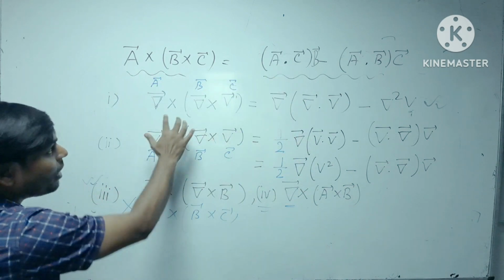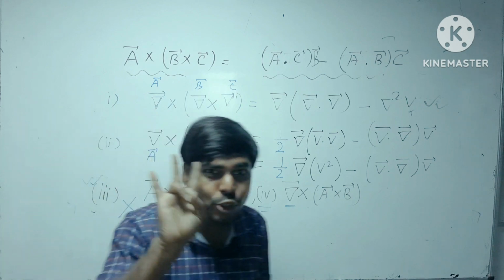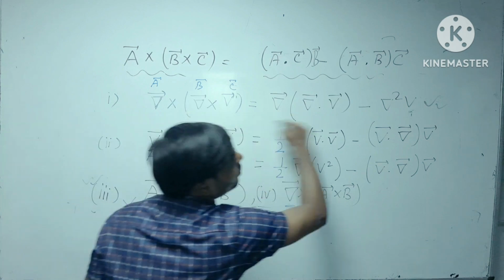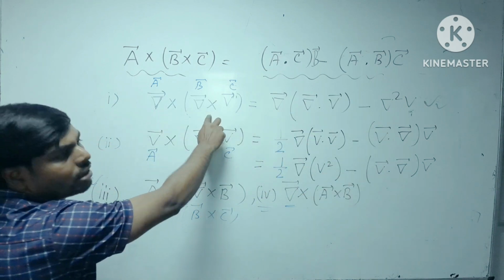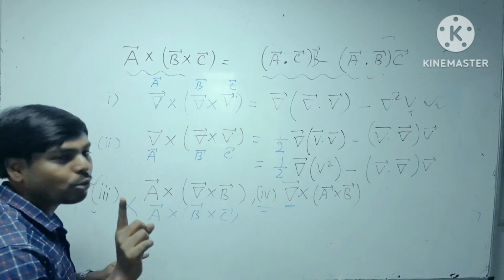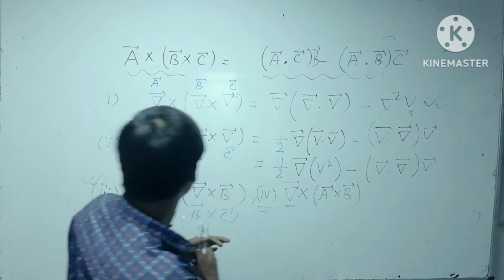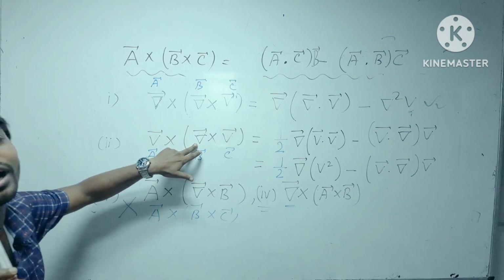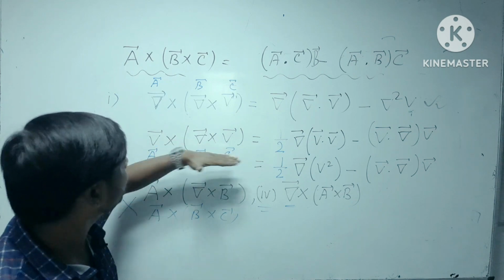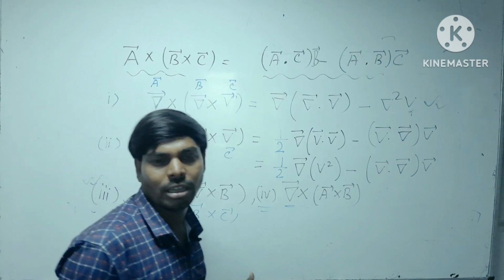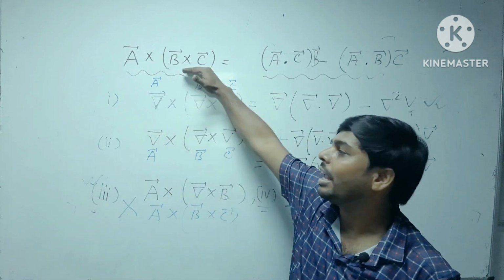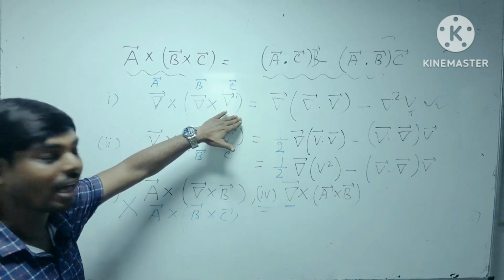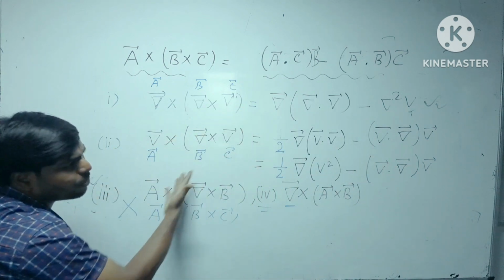Now if in your expression there are at least 2 nabla, then this will be applicable just like the first one. যদি দুটো ন্যাবলা থাকে তাহলে তুমি অ্যাপ্লাই করতে পারবে, কিন্তু but if there is only one nabla, যদি একটা ন্যাবলা থেকে থাকে in this type of looking like a vector triple product, don't use this a cross b cross c, তখন কিন্তু a cross b cross c ইউজ করা যাবে না।